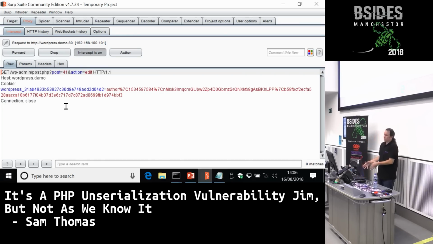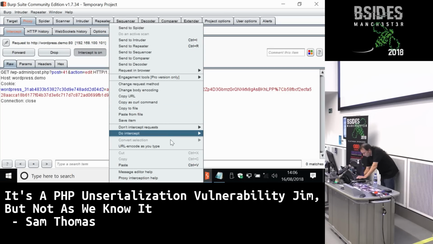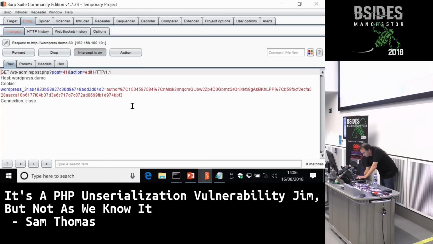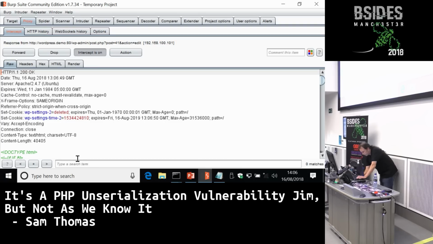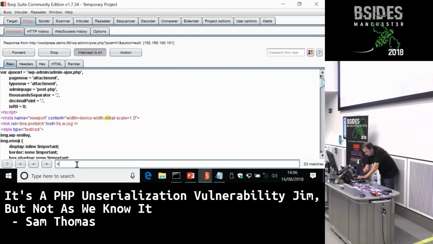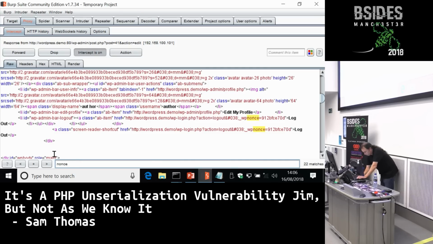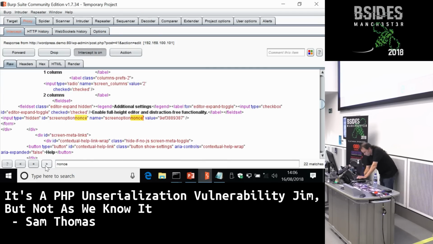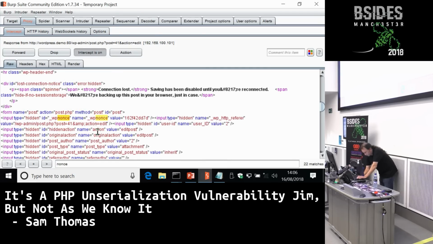So using that cookie, it's then going to access the page to edit the post that represents the file that we just uploaded. And we need to access that page to get something called a nonce, which we're going to need to do the next stuff that we need to do. So it's grabbing the value of this nonce here,